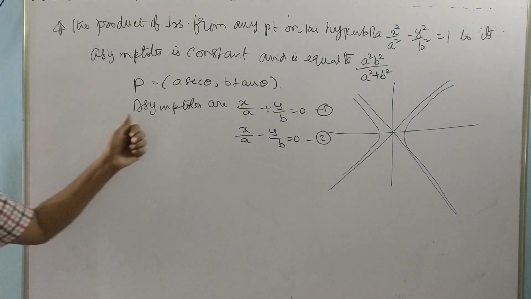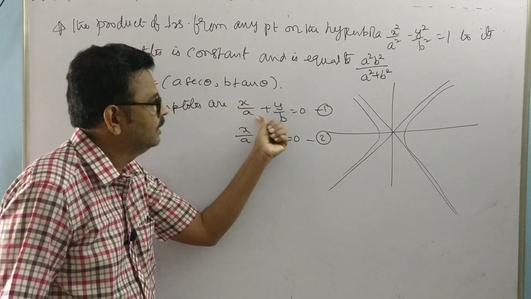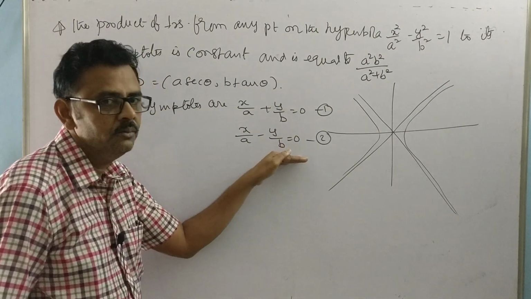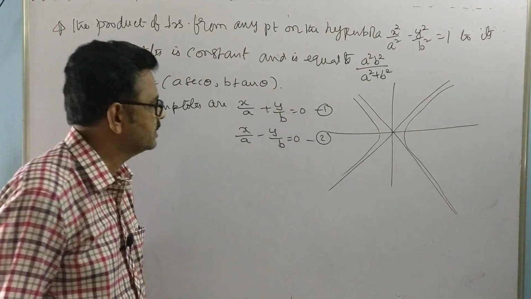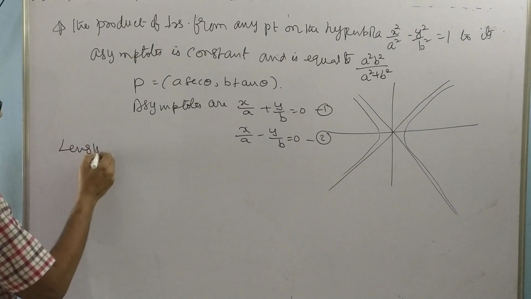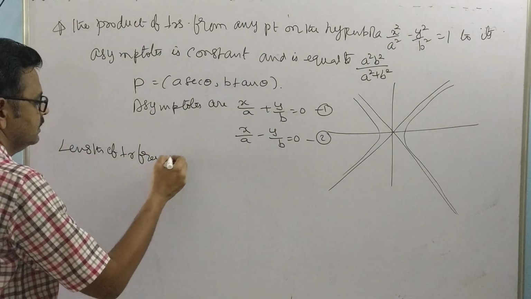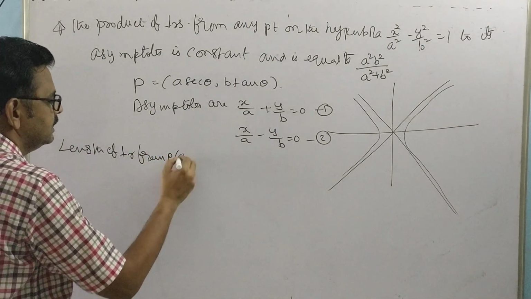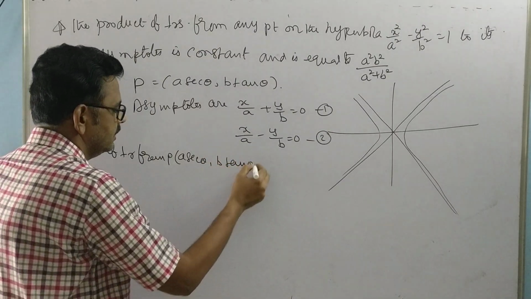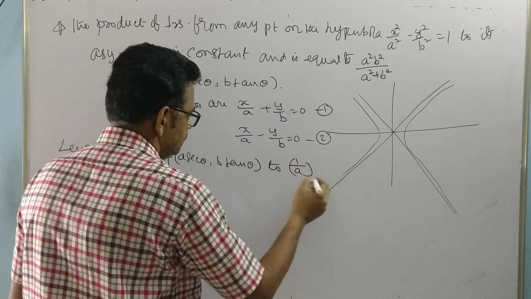Now the length of the perpendicular from the point P to this line, and the length of the perpendicular from the point P to the second line. Their product is the question. Now the length of the perpendicular from the point P (a secant theta, b tan theta) to the line